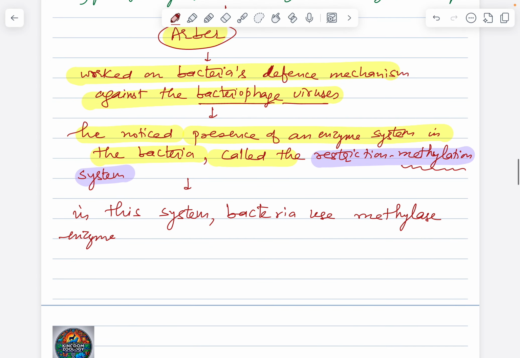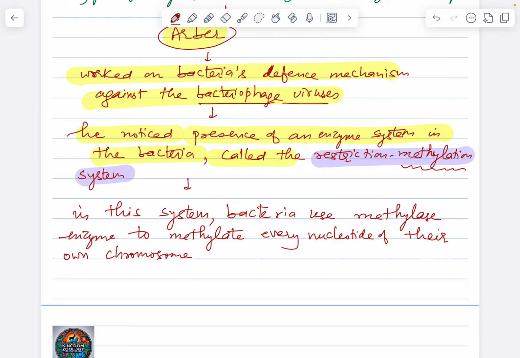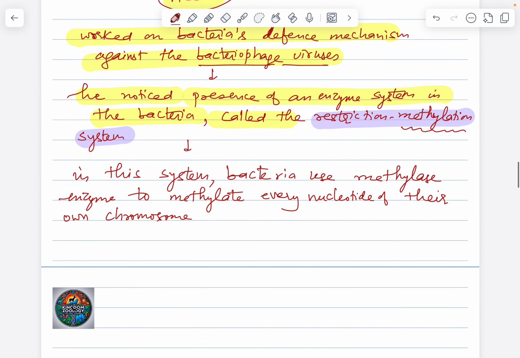Bacteria use methylase enzyme to methylate every nucleotide of their own chromosome. The bacteria use methylase enzyme to methylate every single nucleotide of their own chromosome after